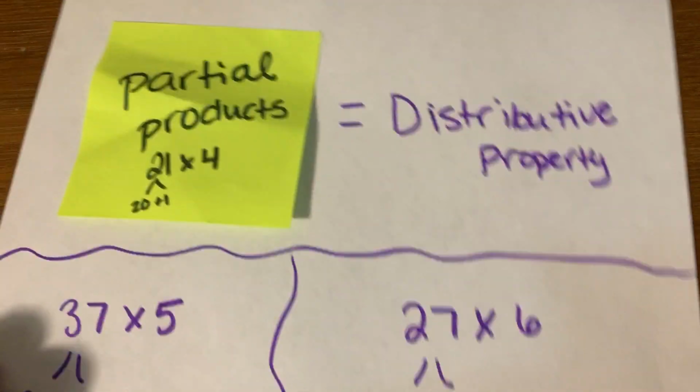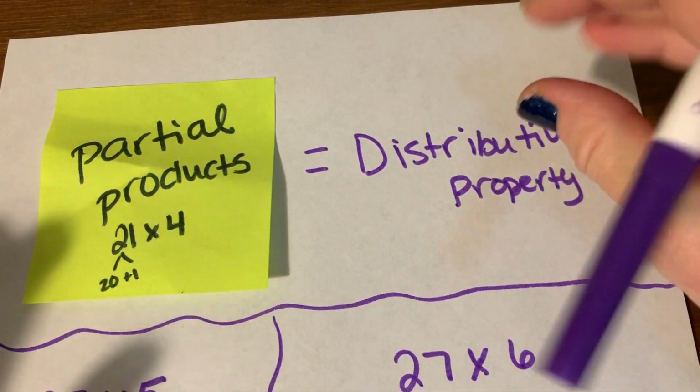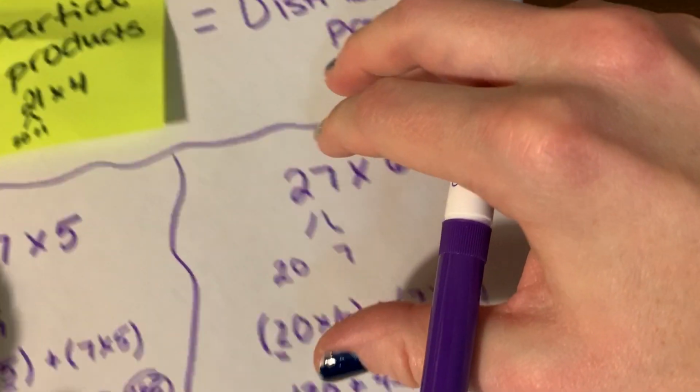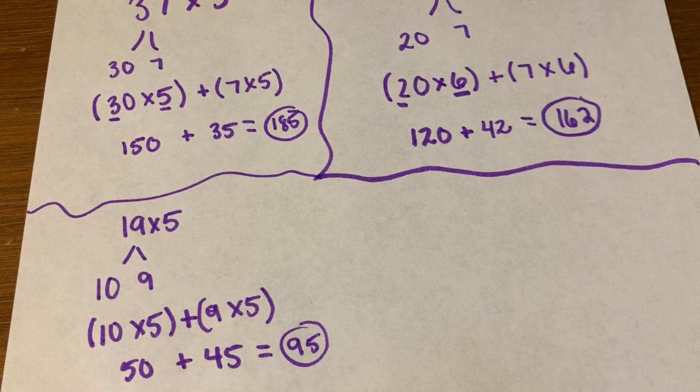Okay, that's all I have for you. Just understanding that partial products is the distributive property, and that the distributive property proves partial products works. And most of the numbers that you're going to use that you're practicing today are just a little bit more challenging problems than we've been doing before. So it's just a little bit more practice with that. All right,